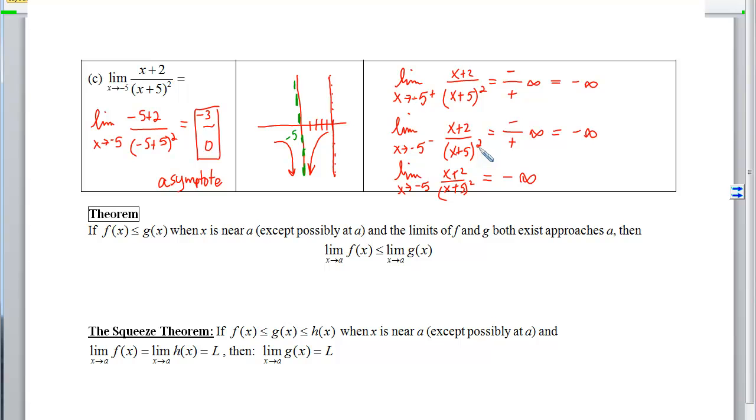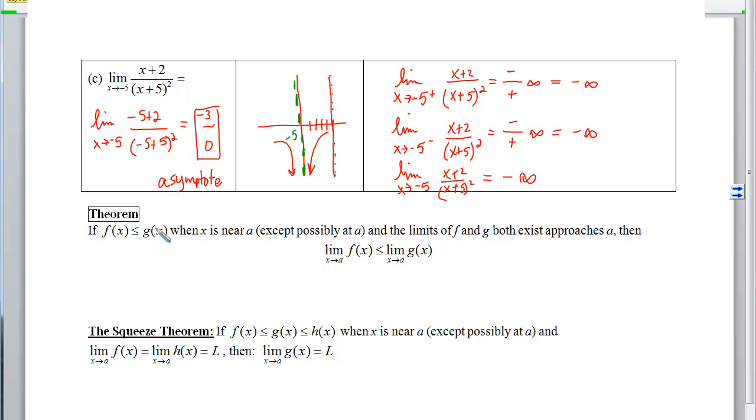So what happens if we don't have a direct substitution that works, or we don't get 0 over 0, so it's not a hole? We're not at a joint that we can evaluate, nor do we have an asymptote or an oscillation. When that happens, our final last-ditch effort to compute a limit is to use a theorem called the squeeze theorem. And the precursor to that is this first one here, which says if the outputs of F are